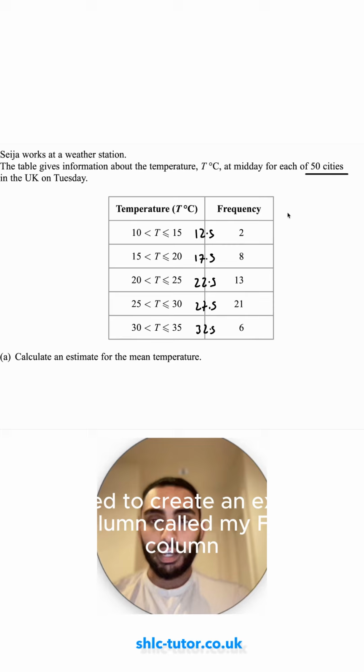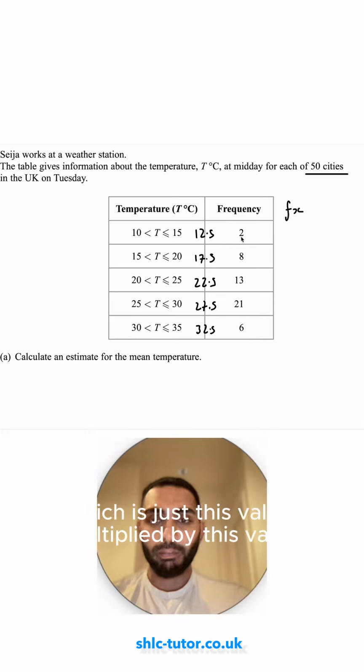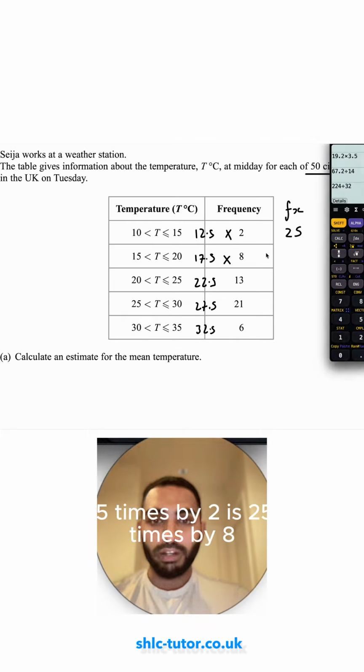I've got my frequency. I need to create an extra column called my fx column, which is just this value multiplied by this value, my frequency multiplied by my x value. So 12.5 times by 2 is 25. 17.5 times by 8,